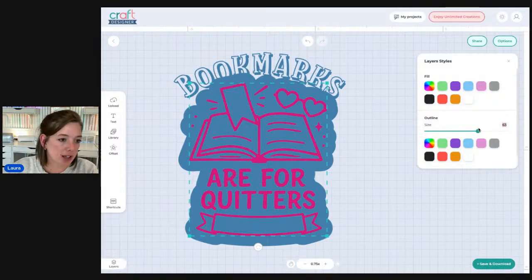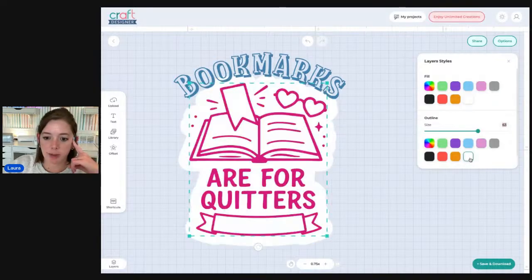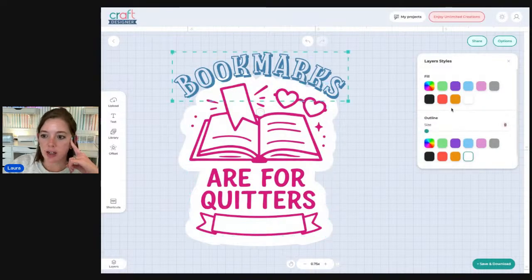Outline is just offset. So I could make this offset huge, and then it could be a sticker with like a backing. In fact, let's do that. Why not? So I could come out here and give this one an outline too. I would just fill it until it completely fills, making sure there's no space in between there. So I'm going to make this into a sticker.